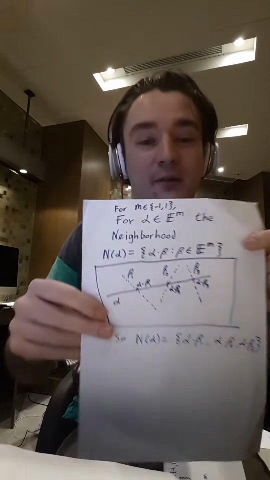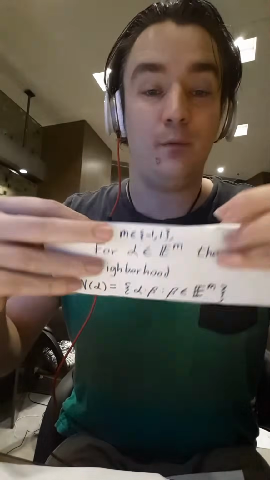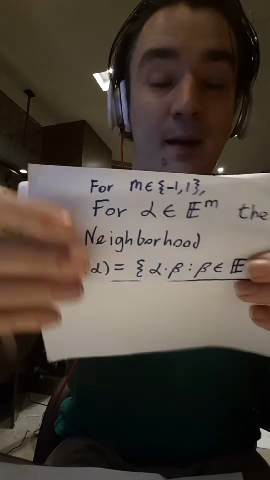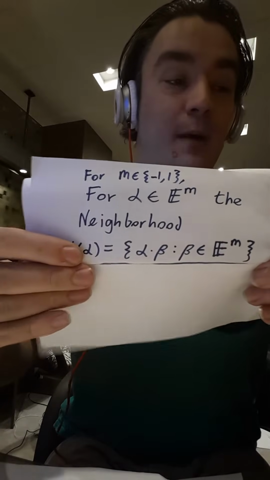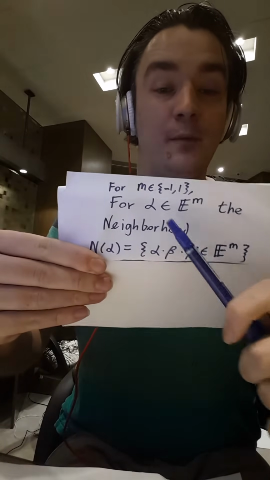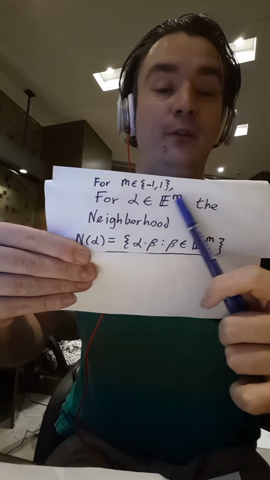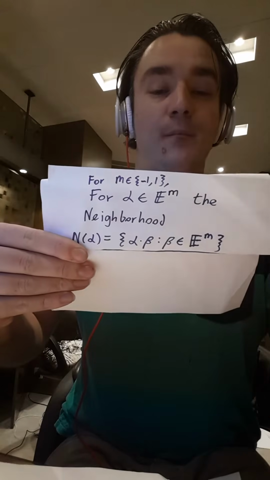But okay, we want to get away from points and line talk and get into some algebra. So here's a sort of algebraic definition of a neighbourhood then. Let me fold that bottom bit down temporarily. Okay, so once again, we'll suppose that m could be -1 or 1. It doesn't matter if we're going to talk about points or lines. But we're going to suppose that we've got this element, alpha. Maybe it's a point, maybe it's a line. It belongs to this set E^m. So it's of type m, whatever.